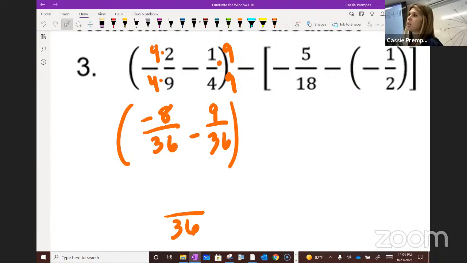As long as the denominators are the same. So yes, if it was like a 10 and a 36 and an 8 and a 36, you could reduce all of those by 2, and then you would have a denominator of 18. That would be great to do. Good question. Jay? So it'd be 17, -17. Perfect, -17. So we have -17/36